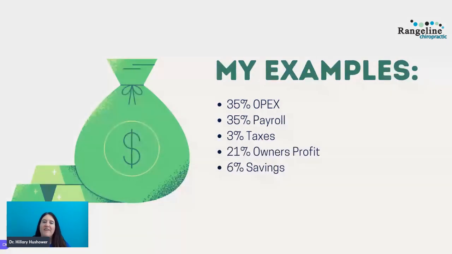At the end of the month, if for some reason I don't have enough money for something, especially when we have big expenses, I would probably take less of my owner's profit and put it towards my operating expense, or less in savings. And by less, I mean I might do only a 3% allocation for savings and the other 3% I might tack onto my OPEX. So I might be doing a 38% allocation for that revenue. So when you're thinking, when are you doing this,